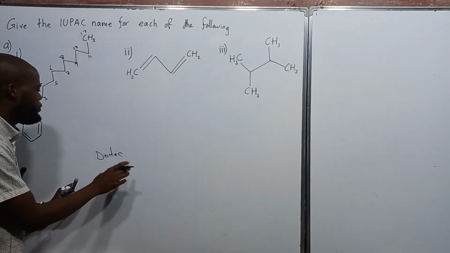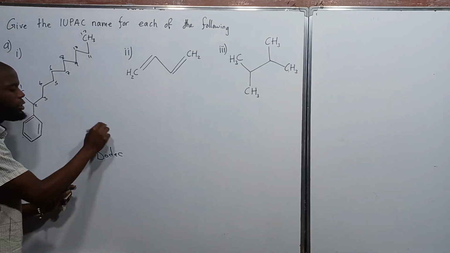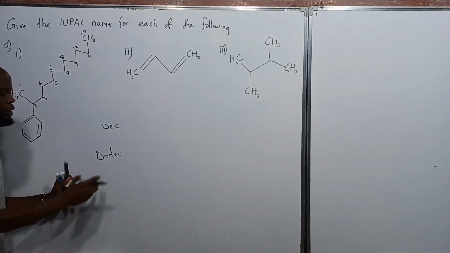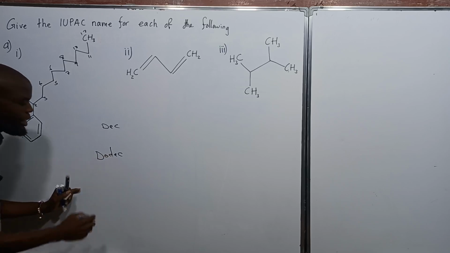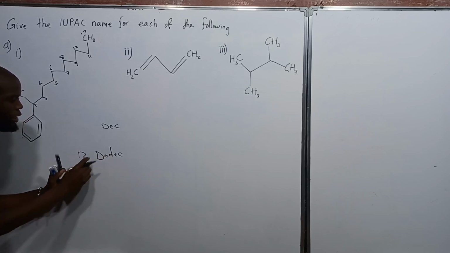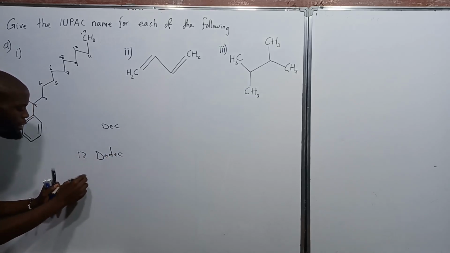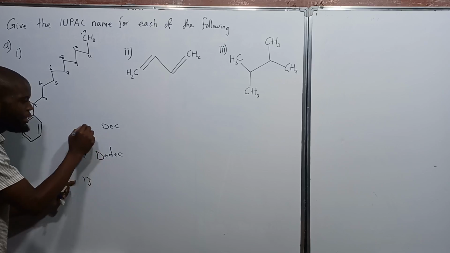If an organic compound has 10 carbons, we just say dec. But for a compound with, let's say, 13 carbons, where 12 carbons is dodec, if it's 13 carbons, you just add tri